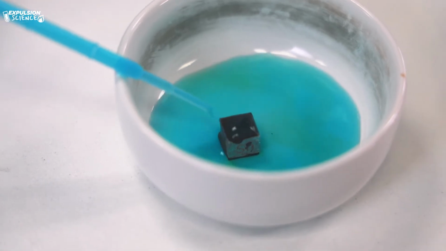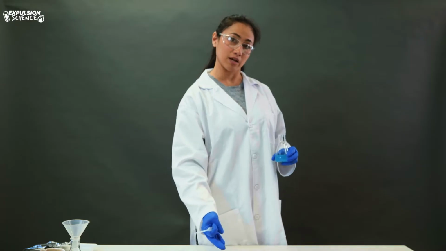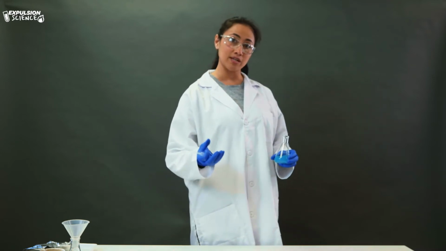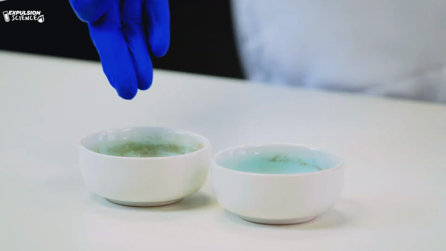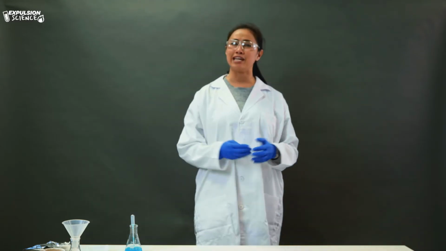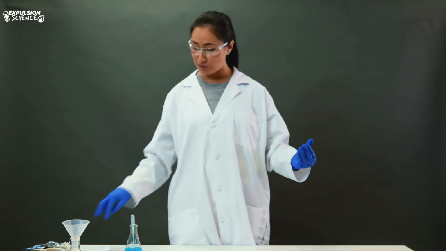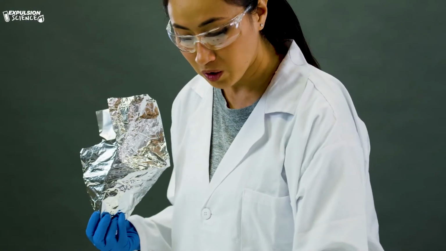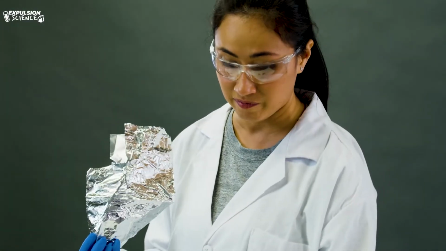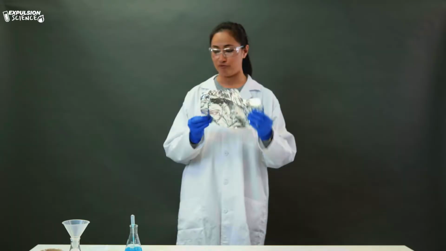For both setups, you want to make sure that you have enough of the copper 2 chloride to submerge both blocks in it. This will allow you to see the interactions happening between the copper 2 chloride and each of the metals. So what happens if you don't have access to metal blocks laying around? Well, the good news is you can try this exact same experiment with aluminum foil. So while we're waiting on these reactions to proceed and finish, we are going to try it out on a smaller scale with aluminum foil. You can use small strips of aluminum,